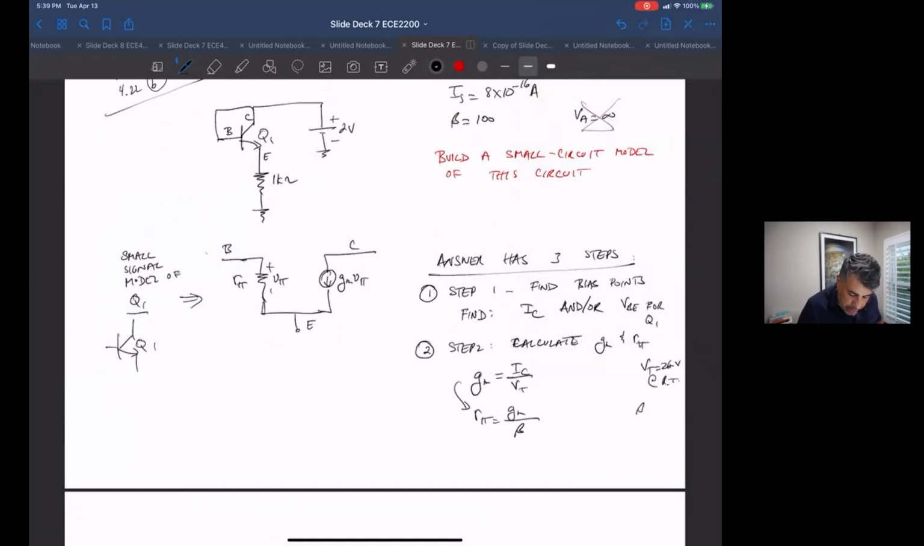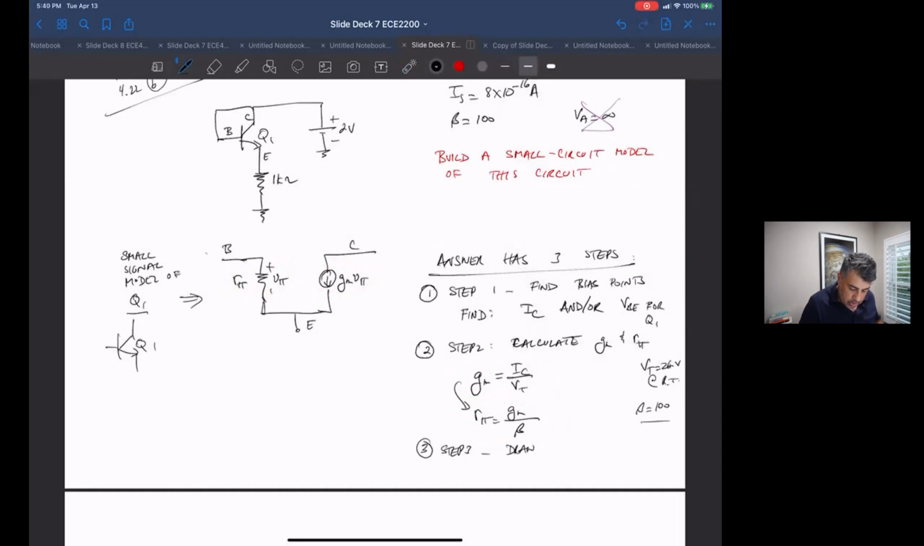And they gave us beta as being 100. So once you have I sub C, you're pretty gold. It's just a multiplication and division, and you get the values for g sub m and r sub pi. And then lastly, you take step 3, which is